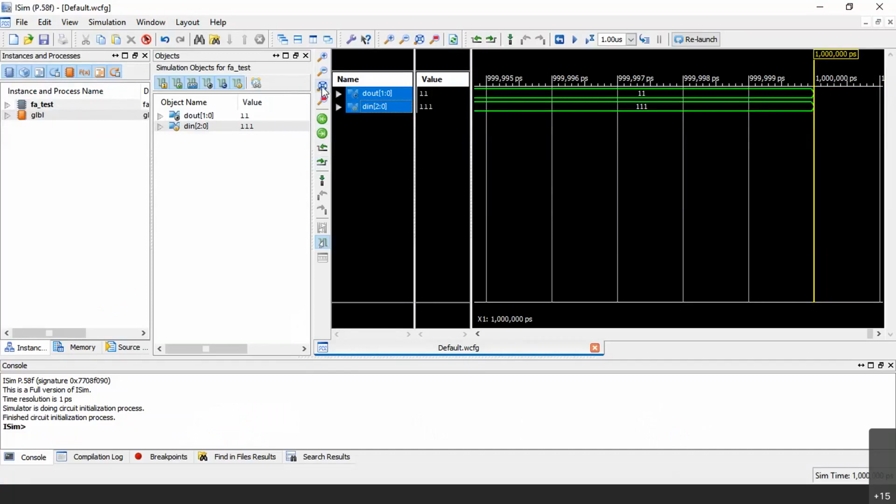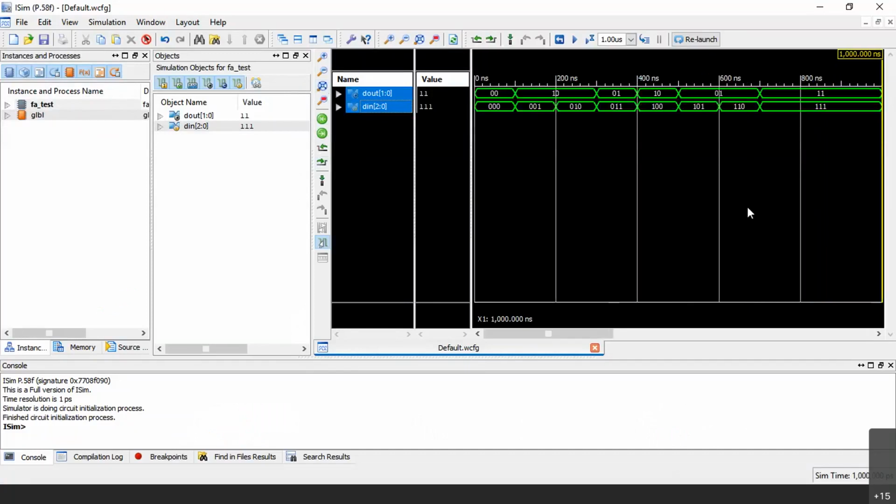So can anyone tell me what is the difference in the simulation window now and why it is coming that way? You are seeing the difference now, but why is it coming? Can you tell me?